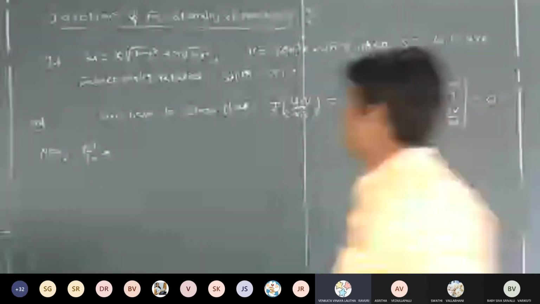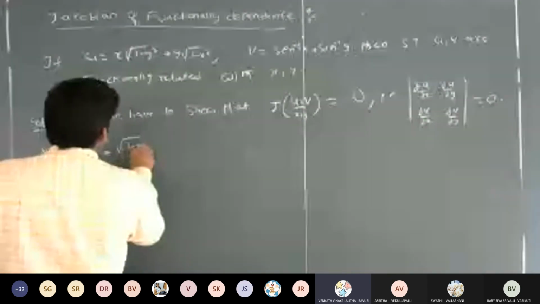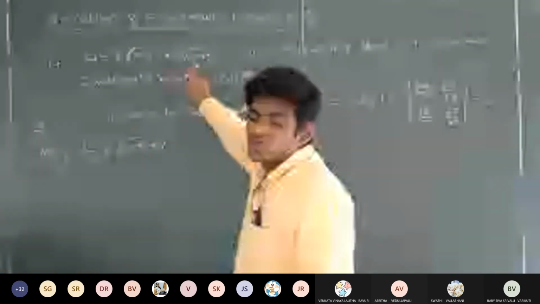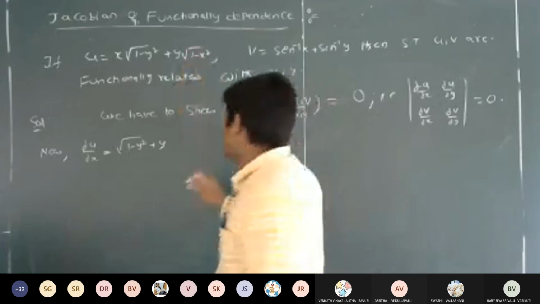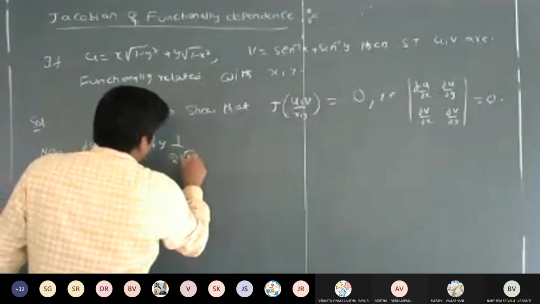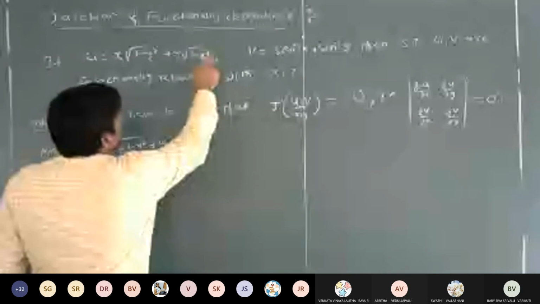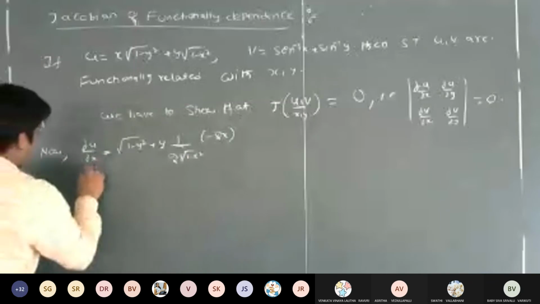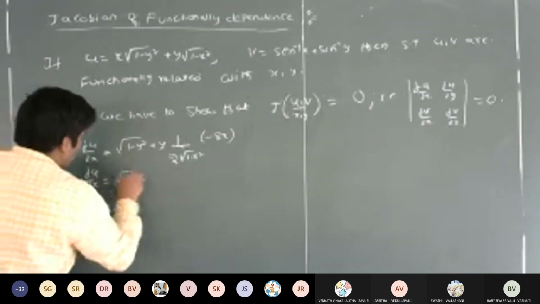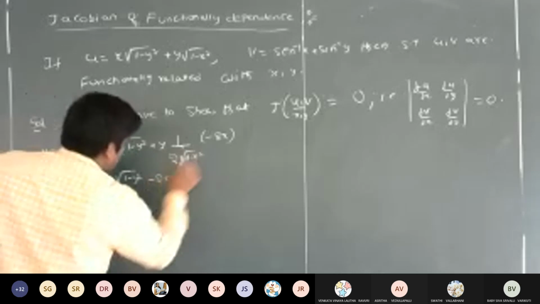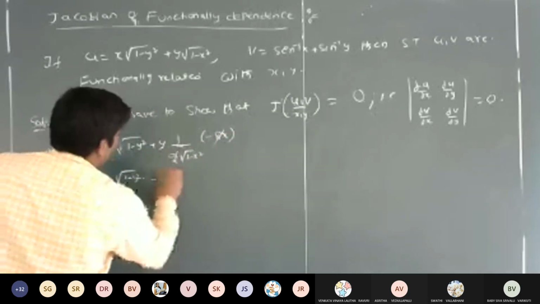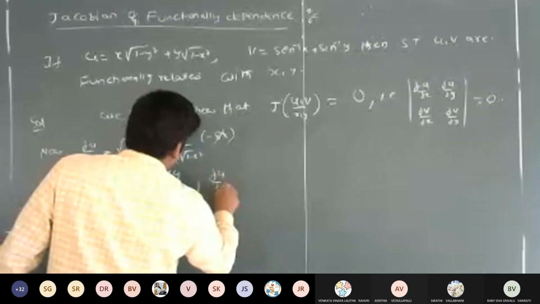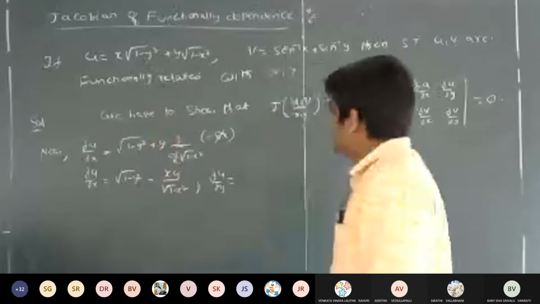Root over 1 minus y square. Root over 1 minus y square plus y into, so in this term we have the x term. The derivative of root of 1 minus x square is 1 by 2 root 1 minus x square. Next, here we have minus x square, whose derivative is minus 2x. So dou u by dou x is equal to square root of 1 minus y square minus 2xy, sorry, the 2 gets cancelled. So this is square root of 1 minus y square minus xy by square root of 1 minus x square. Similarly, dou u by dou y. So you can estimate this value. What is this value? Anyone?